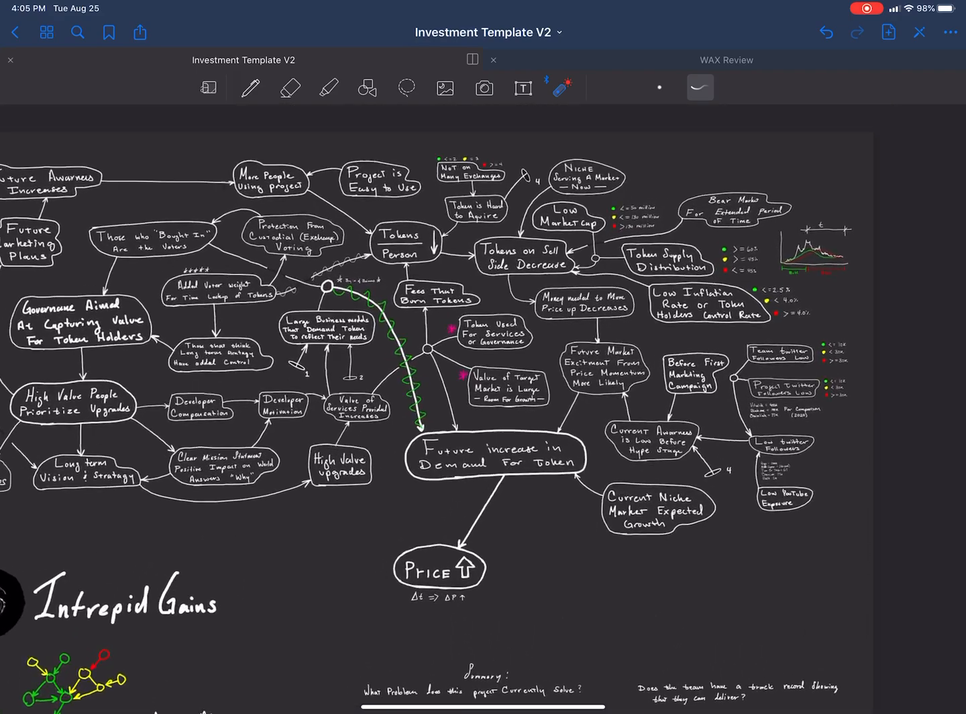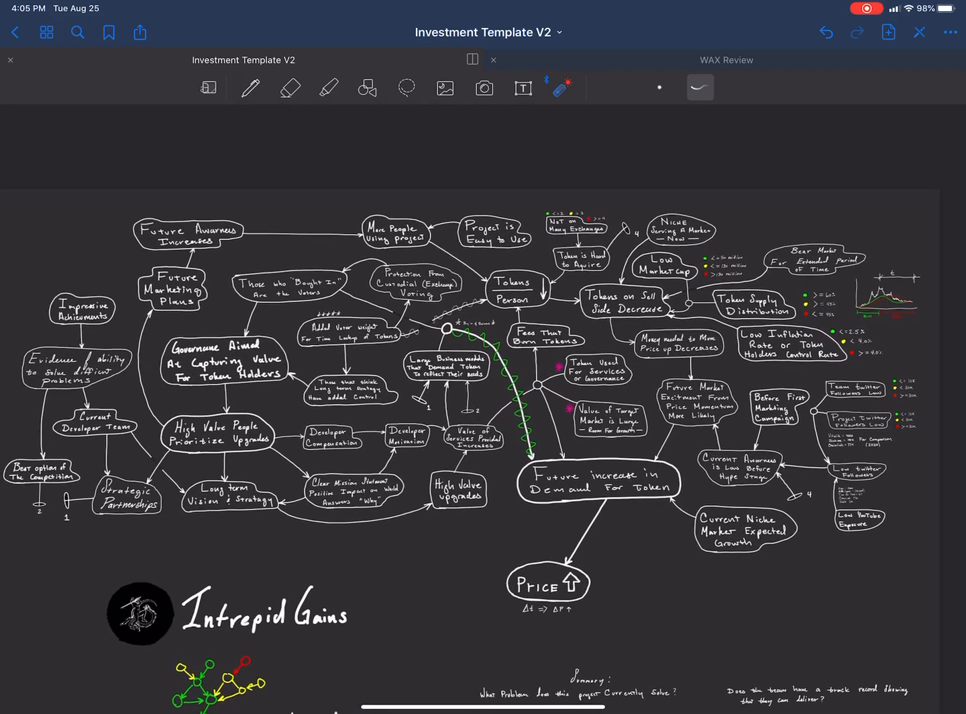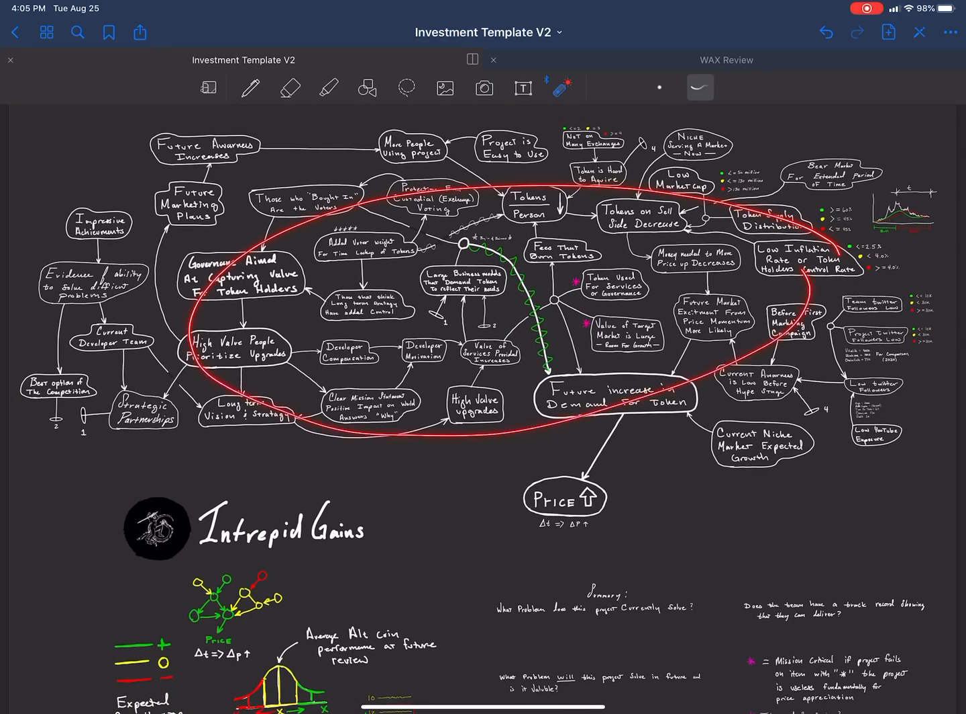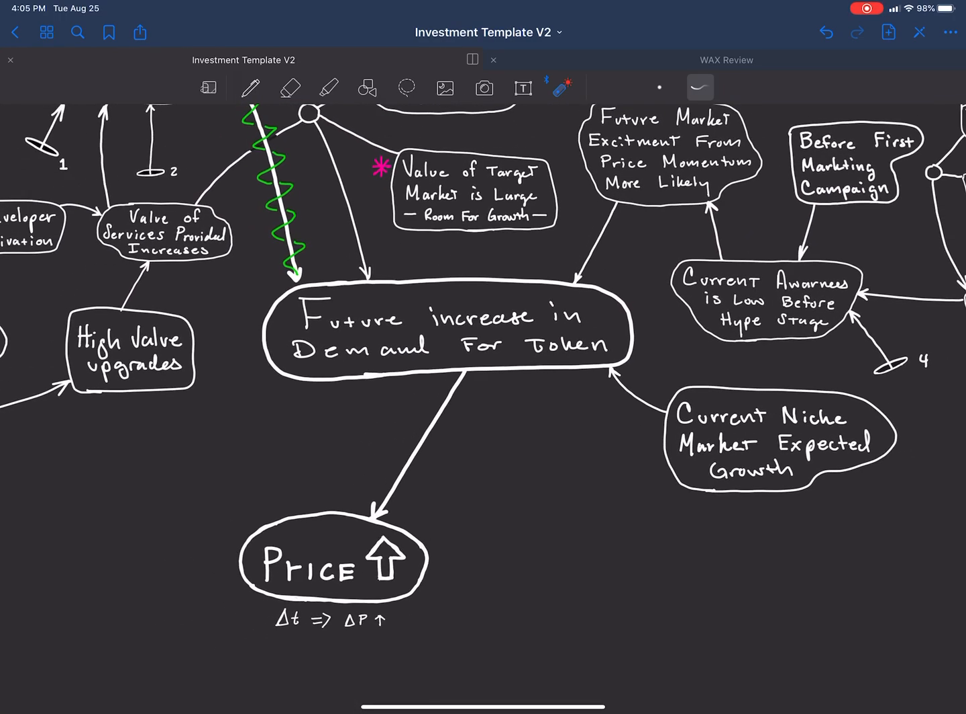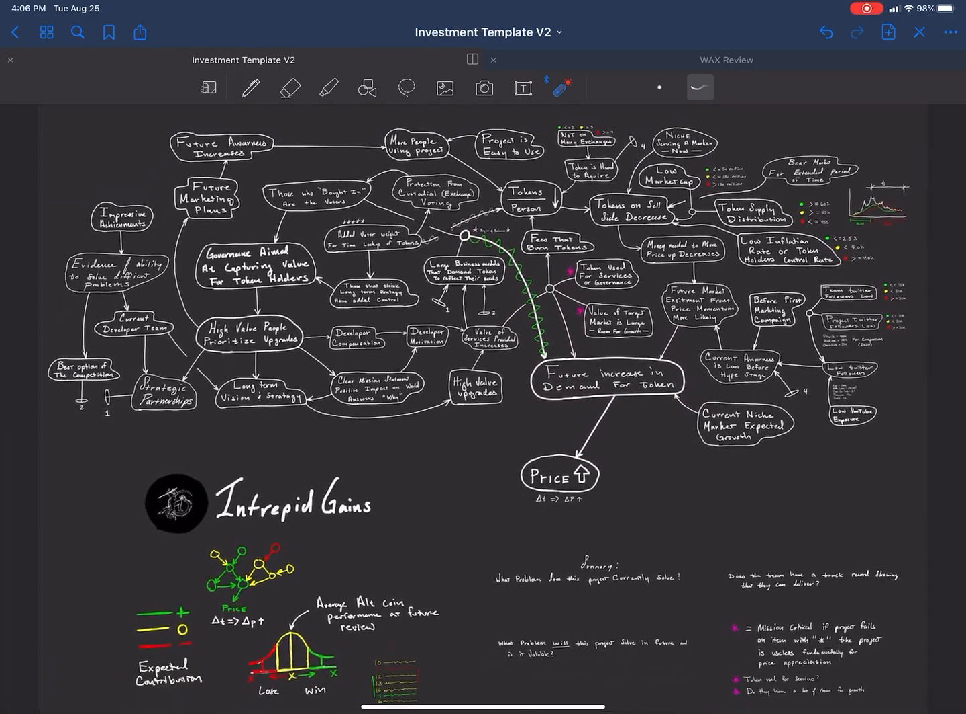And then what I do is I say, okay, look at this project. You'll see the overall picture, the overall health of the project based on the different color contributions. And then I'll start from the top, saying, oh, this is the price. And what leads to this price is something like future increase in demand. And then there's things that contribute to that. And I go through all the different components of the project. And this is a good way, I